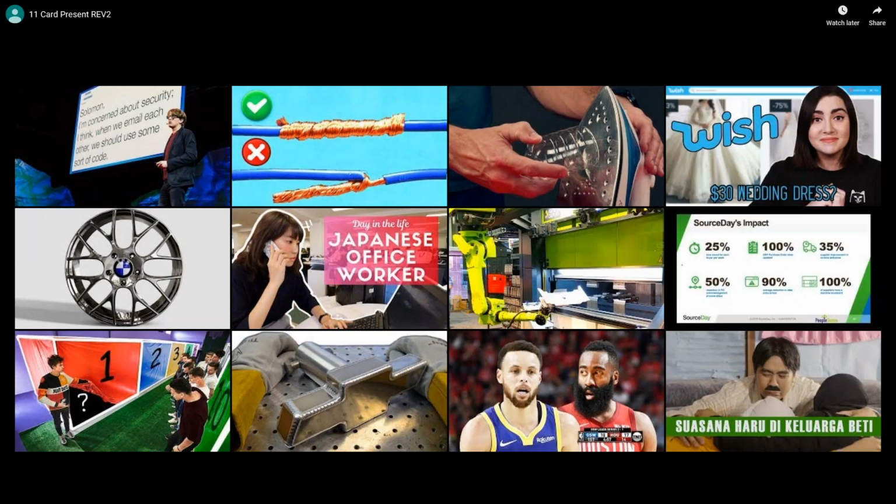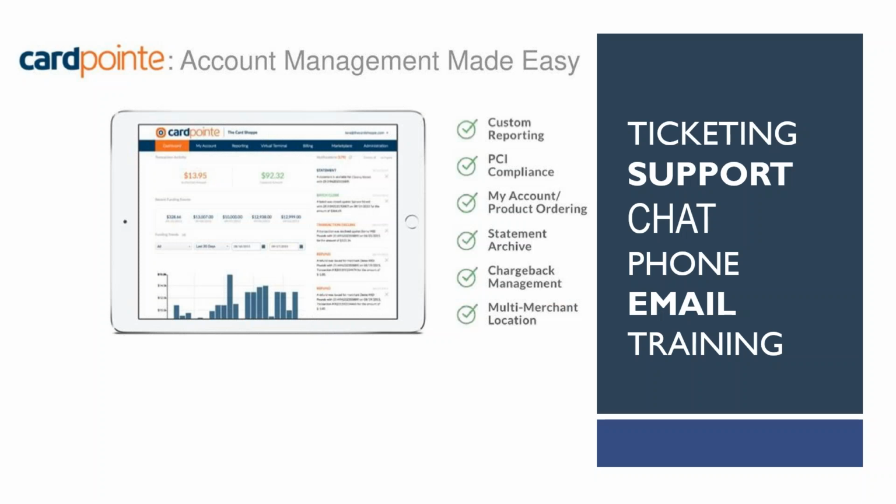So in this case, we just demoed the card present functionality of it. But again, these are available on our website at govelocity.com. Under the resources tab, you'll be able to find some videos there. And so let's move on